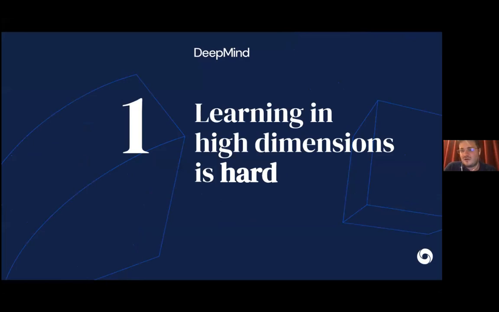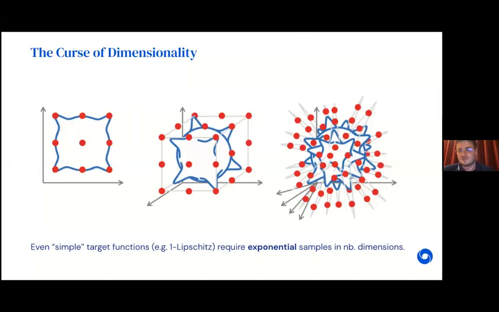So before diving into the specifics of geometric deep learning and how it can help us as a unifier, just a quick recap on the essence of deep learning nowadays and why it's a fundamentally hard problem. So what we commonly want to do in machine learning and deep learning specifically is to fit a curve to a set of points in a training set in a way that generalizes decently. And often, specifically, what we want to do in deep learning is to do this in a very high dimensional space. And what happens in a high dimensional space is it turns out that this is a very hard, even